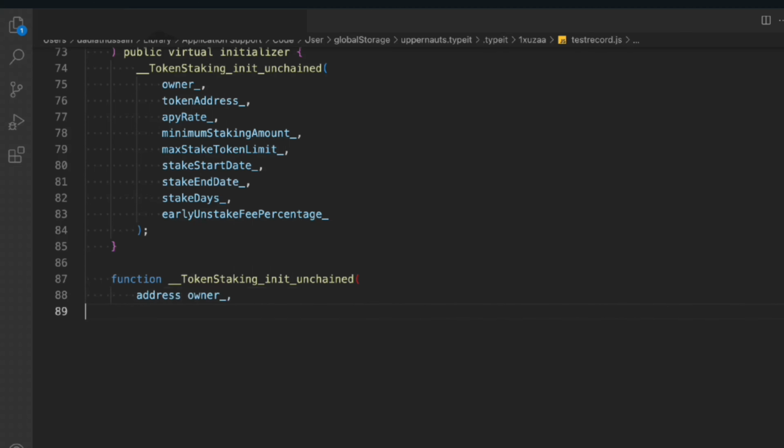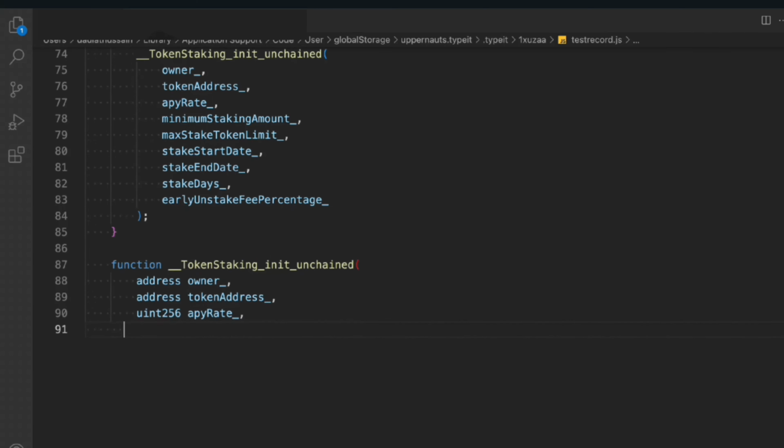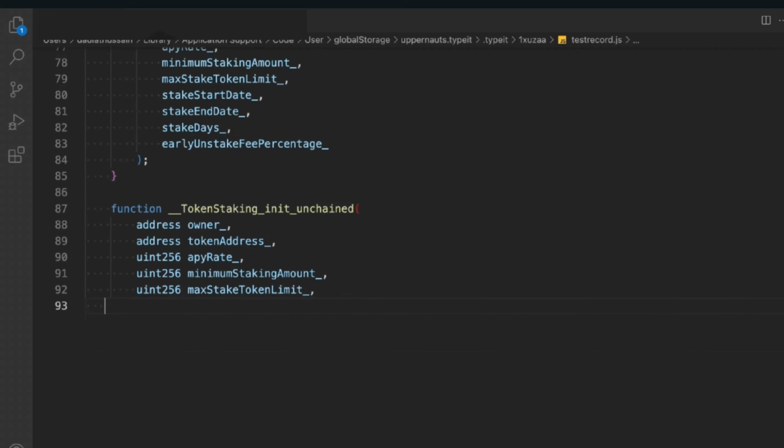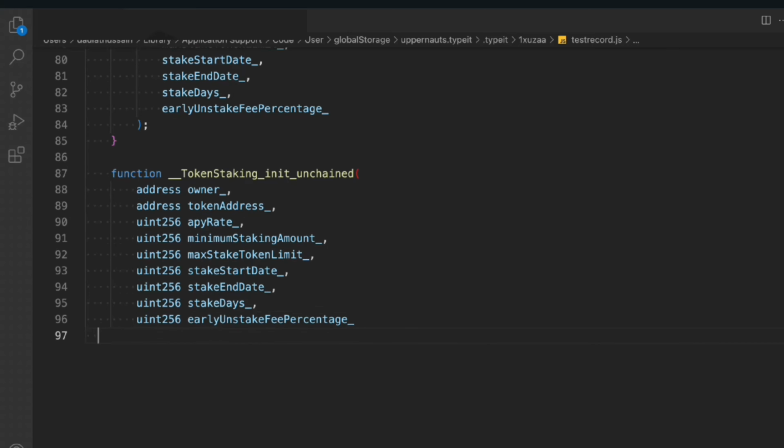So we need the token address, the minimum token APR rate, the minimum staking amount, the maximum token limit, the start date, the end date, the stake days, and the early unstake percentage fee. All of this data we have received, and now we have to simply call the